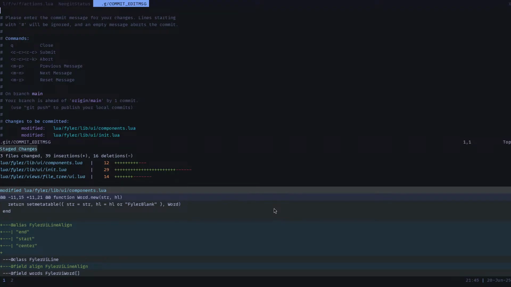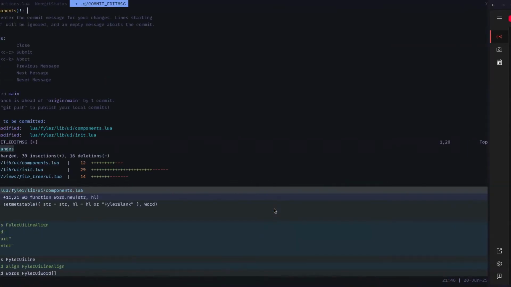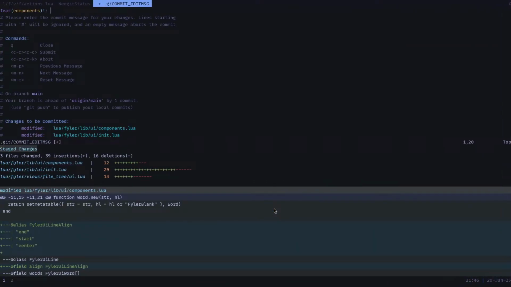Feat, in UI. So no components. So this will be a breaking change, so I'm gonna add an exclamation mark. Okay, so this will be a feature on the component, and what we build, we just